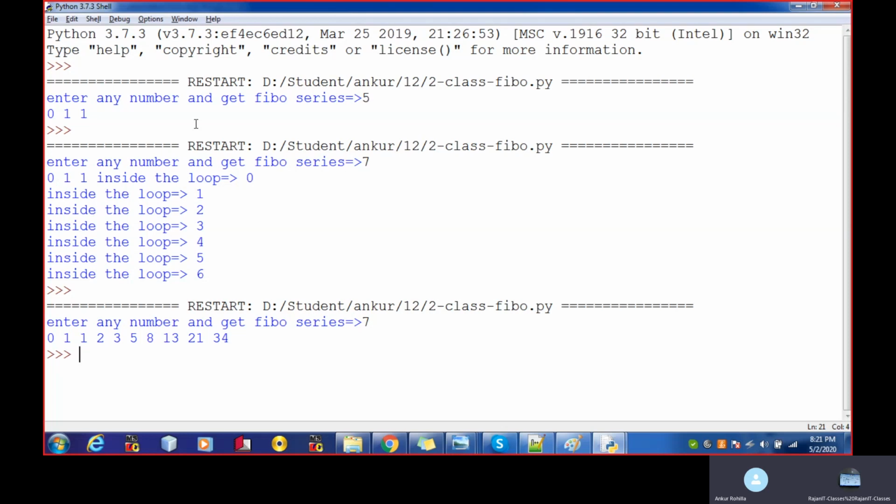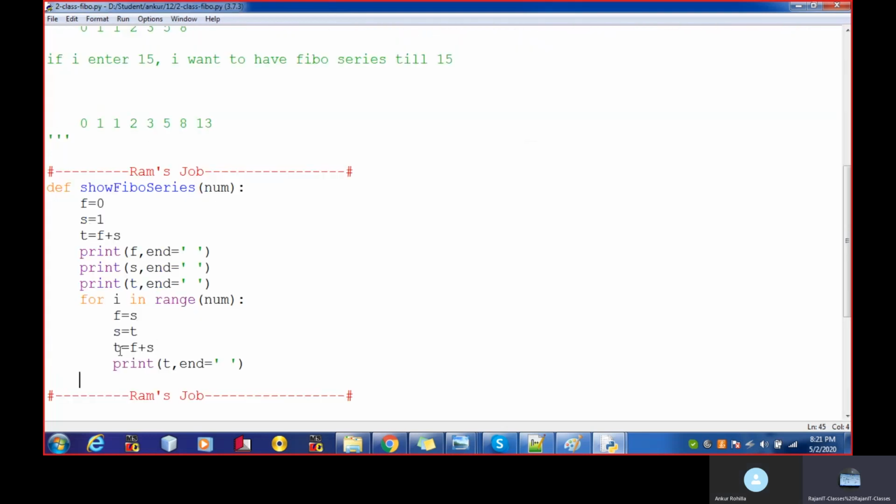So we need to do something to make this series correct, right? See over here, this is the number 3. Your 3 is smaller than 7, right? Your 5 is smaller than 7, but your 8 is not smaller than 7. You just tell me, in which variable is the 8 going?